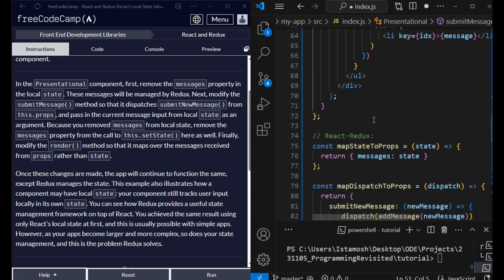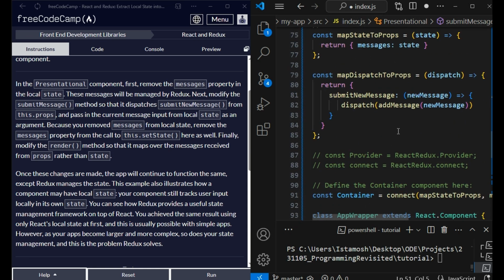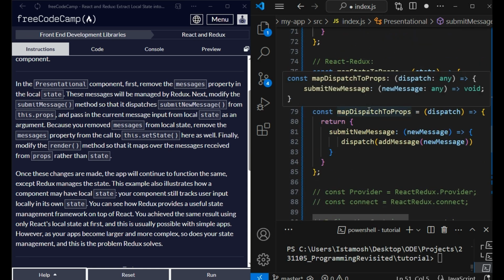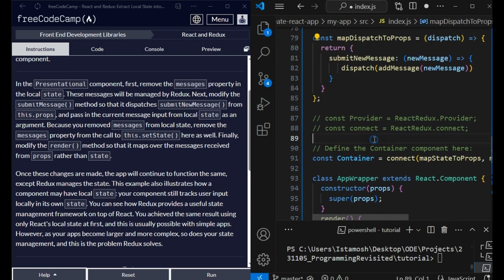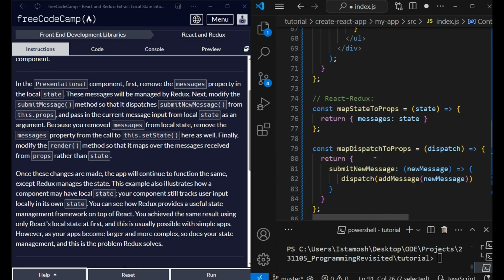We are already connecting the map dispatch to props function with dispatch as the parameter, and because we already connected it with the connect function for the container, we just need to use map dispatch to props, and we are using map dispatch to props by using the submit new message